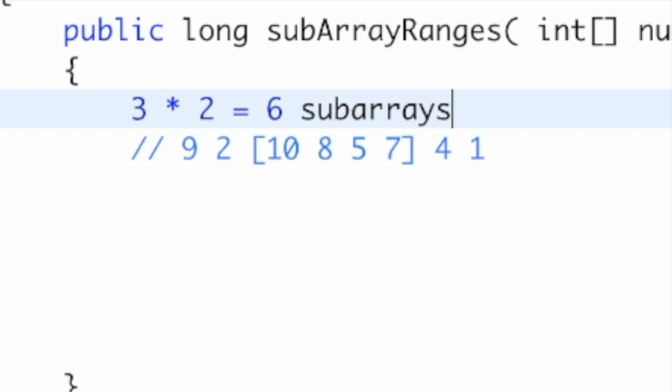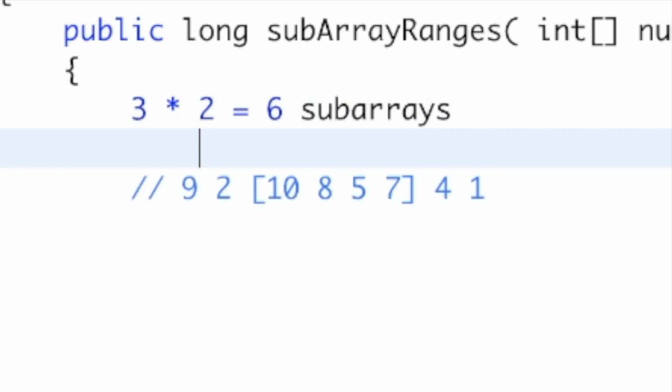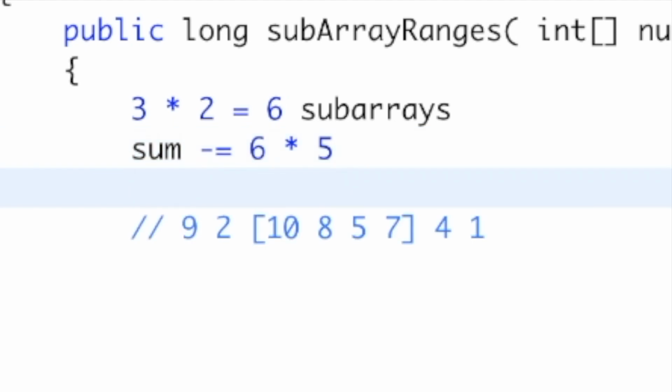And if 5 is in 6 subarrays, that means that it is the minimum value in 6 subarrays. So if we had a total sum, we would just do sum minus equals the 6 subarrays times 5, because 5 is in 6 subarrays. So we're just subtracting basically how many times 5 is the minimum in the subarrays. And then let's say we wanted to do,